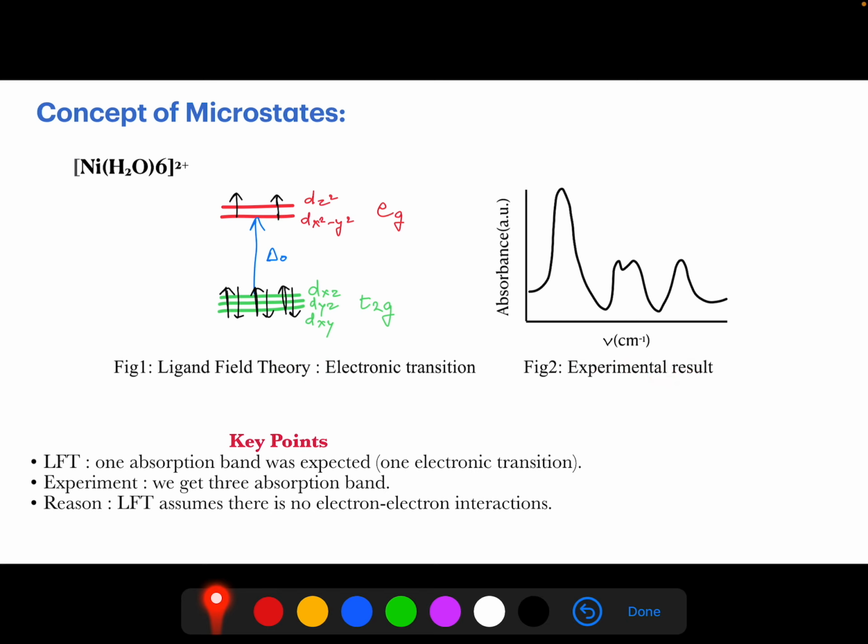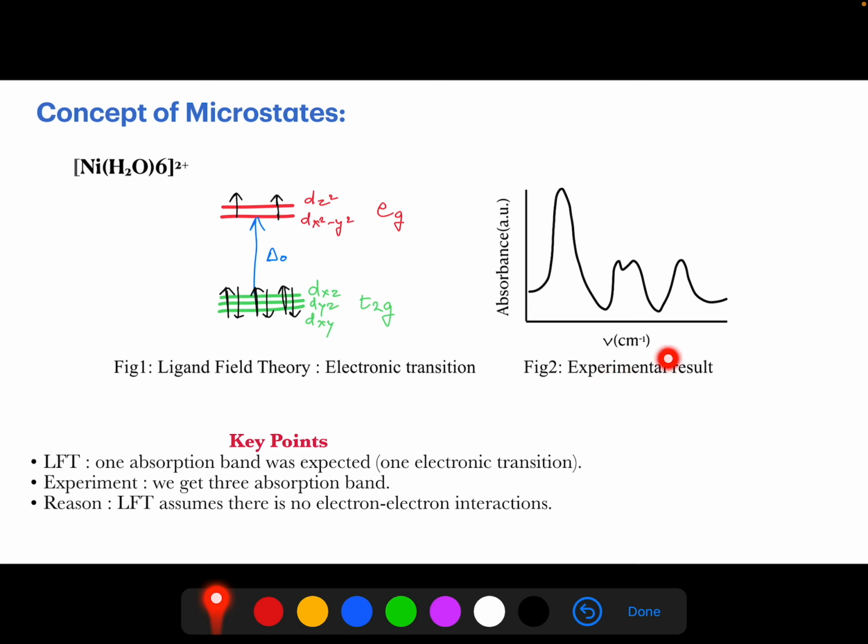I take the example of the hexaaqua nickel(II) complex ion. It is an octahedral d8 complex ion. According to ligand field theory, the metal d orbitals in an octahedral field split into t2g and eg, so for this complex there are 6 electrons in t2g and 2 electrons in eg. So LFT predicts that the number of electronic transitions will be 1,